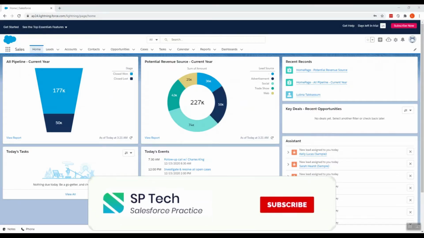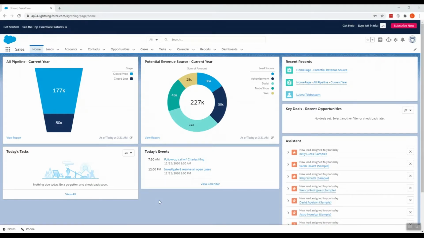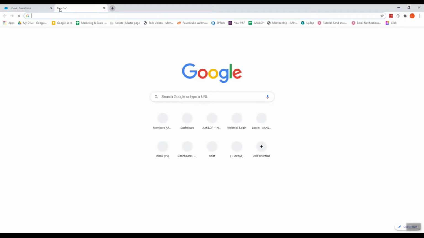Hi there, in this video we'll be seeing DocuSign e-signature integration with Salesforce. So we have a Salesforce org. Now we'll see how to create a DocuSign account. You can use only one DocuSign account with only one Salesforce environment. So to install DocuSign e-signature for Salesforce in Sandbox environment, first get a DocuSign developer account created from developer.docusign.com.